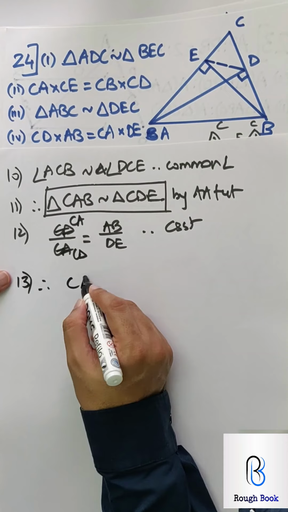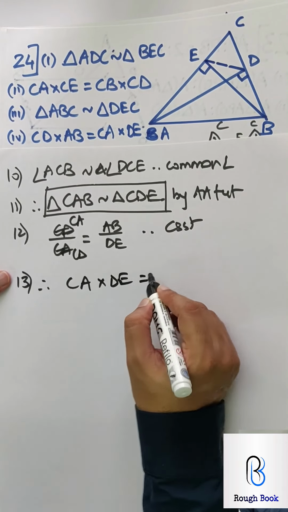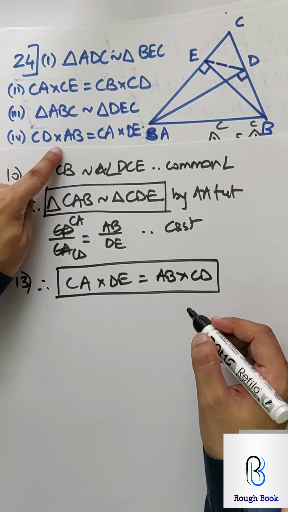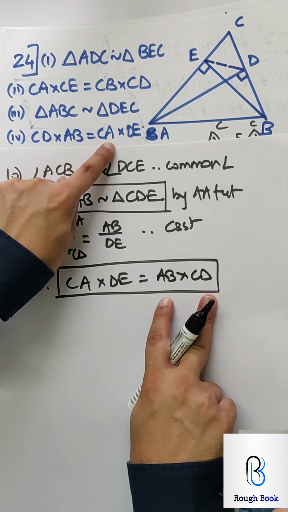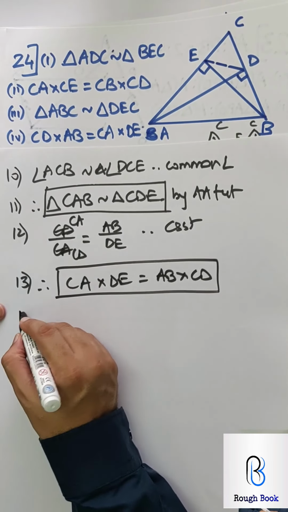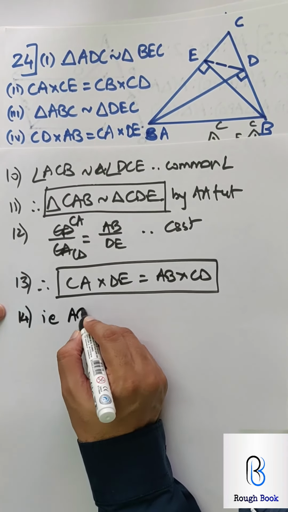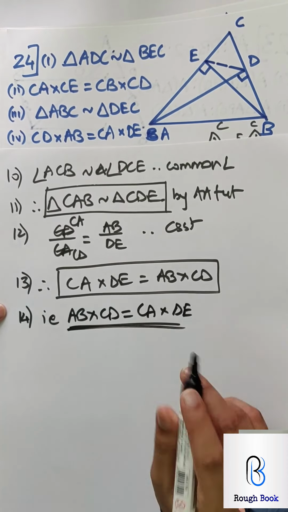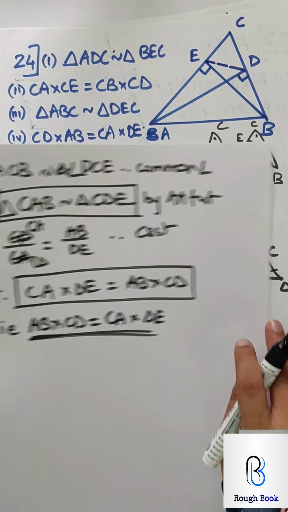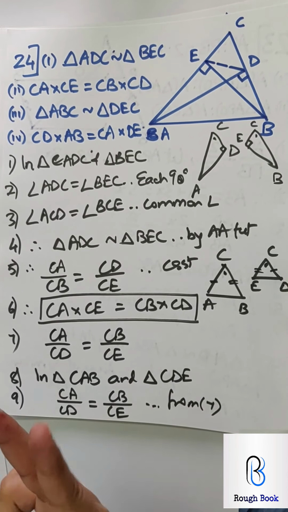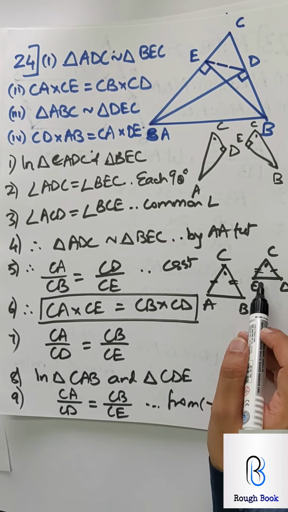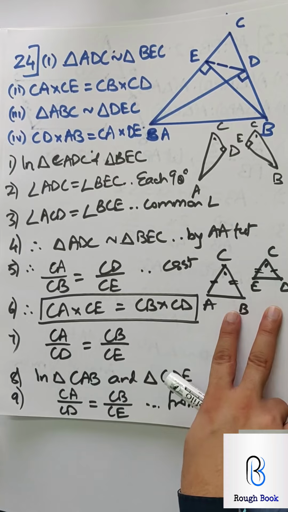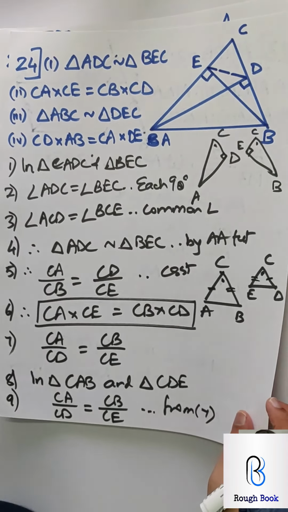Now let's cross multiply. So CA into DE, AB into CD. Is that what we wanted? Let's check. AB into CD is here, CA into DE is here. So if you want to be more precise, write that is AB into CD, CA into DE. There you go. Got it? Good question, isn't it? So this last part was a twist. How to get those parts to prove the two triangles similar. So from here only we are deriving it. And from there you realize it is SAS test. Otherwise it was very tough to understand.